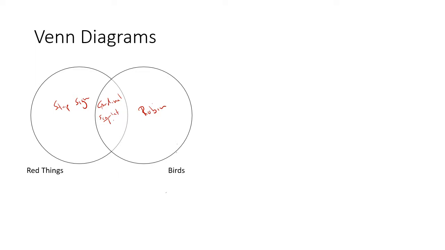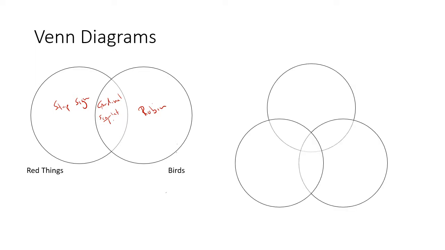that if you're outside of both of these circles, then you're neither a red thing nor a bird. But we're not going to deal with that. We're going to work primarily inside the circles. So to continue here, in order to do the Venn diagram method,